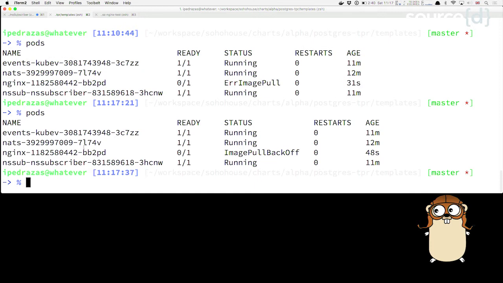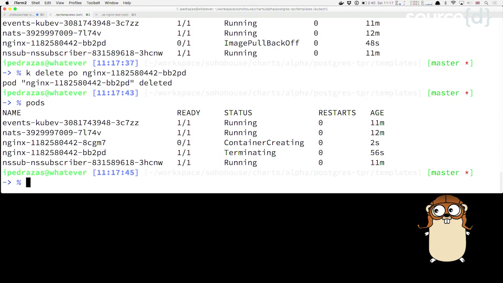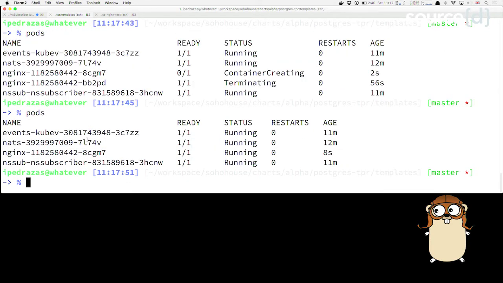I don't have time for this, so I'm going to delete this pod. And the scheduler will create another one. You can see it here. And hopefully this one will be good.